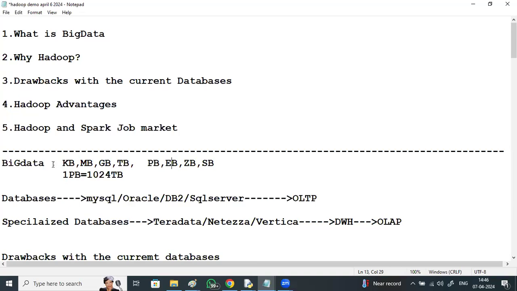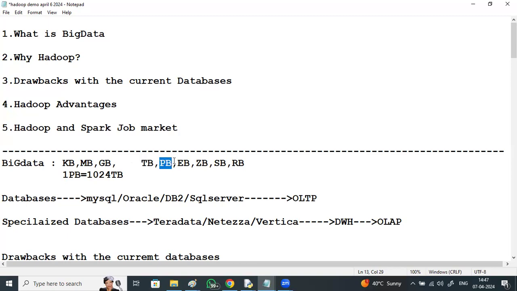See, big data: KBs of data, MBs of data, GBs of data, terabytes of data. After TB, we have petabytes. Today, data is generated in petabytes.